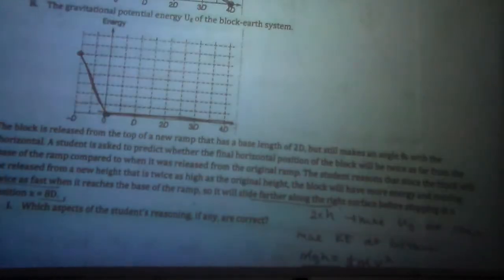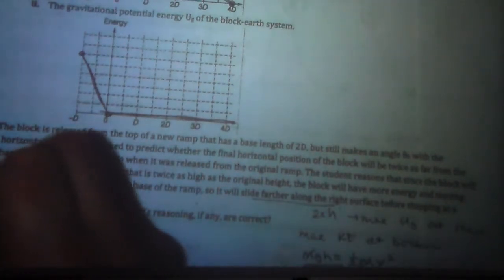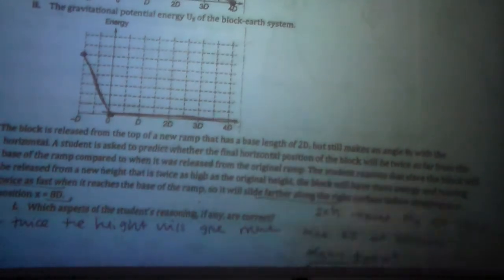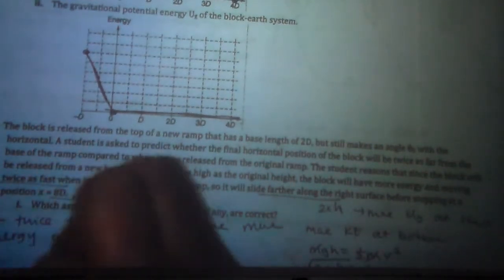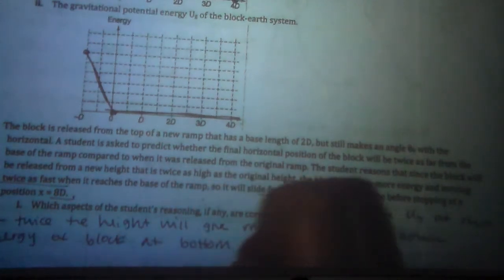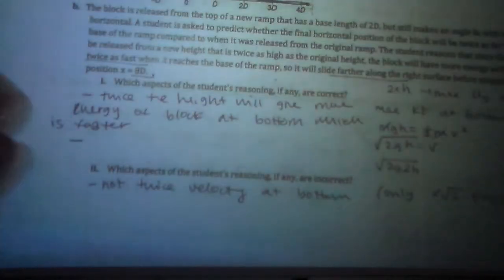So let's go ahead and say that we do agree, which is correct. Twice the height will give more energy of the block at the bottom, which is faster. So we agree with that, just not the twice as fast. And then we need to decide, does that mean it's going to go twice as far? Because I definitely agree going faster will take